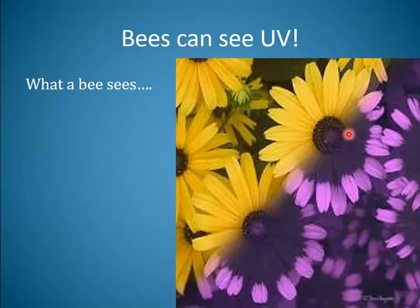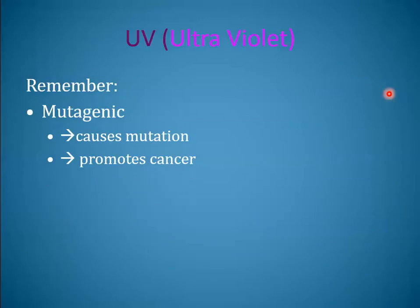All right, this is another fun trivia fact. Bees can see ultraviolet. We cannot see it, technically. It's out of the range of our perception. And that's an interesting word to realize, perception, because when we go back to this EM spectrum,